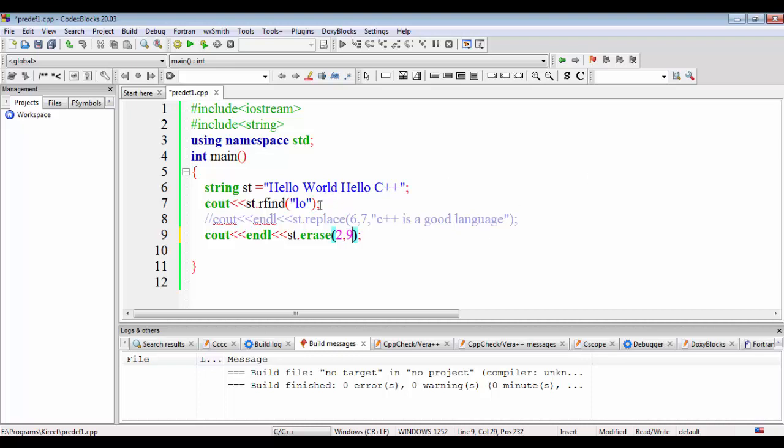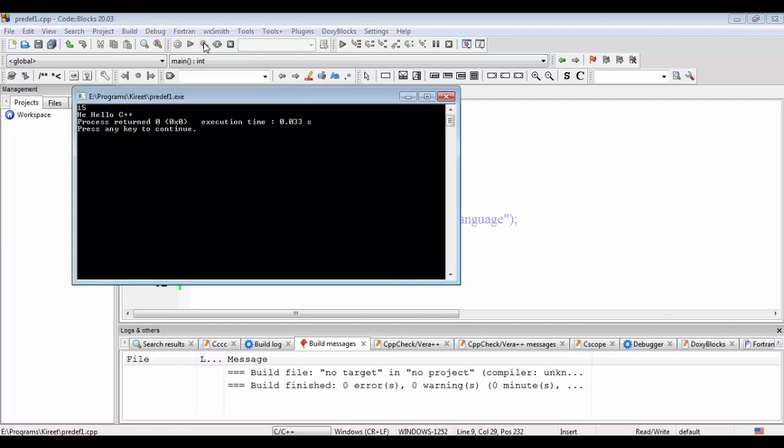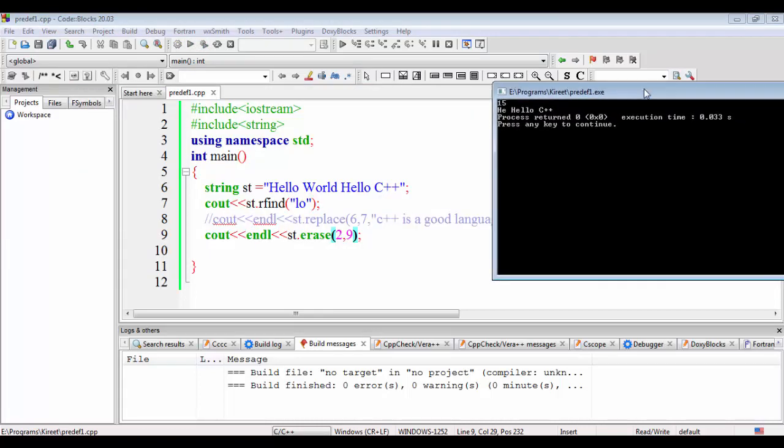From this L to this D, the whole string should be gone. Let's execute it. Here you can see the output is HE; from this L to this D the string has been erased, followed again by hello C++.